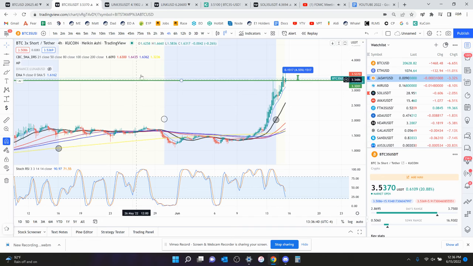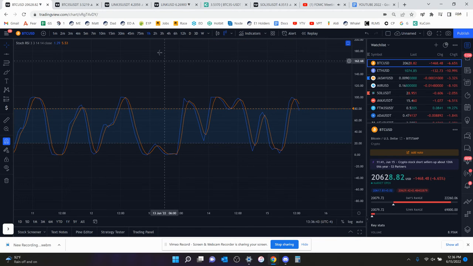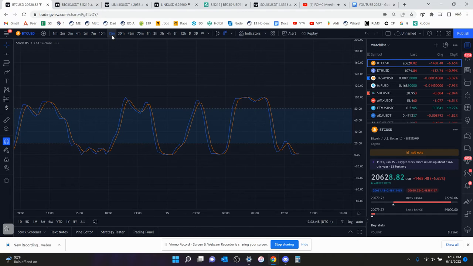Plus, by the time you get there, I'm sure Bitcoin would be oversold by then. But like I said, the 4 hour and 1 hour still have a lot more downside to go. So this short is still looking pretty juicy. The 15-minute chart could give you a relief bounce, but I don't think it's going to be anything significant. I don't even think you get to 21K with the big 15-minute bounce, but we will see.